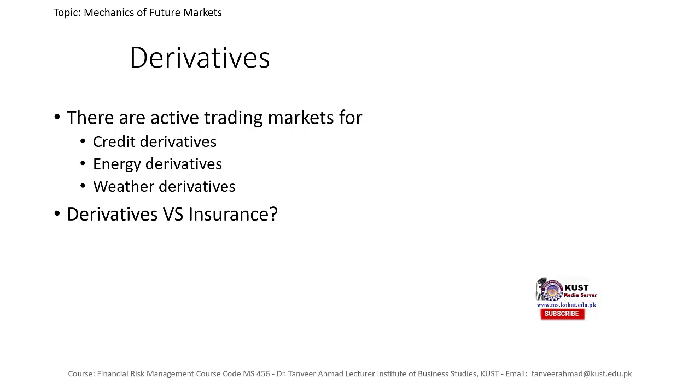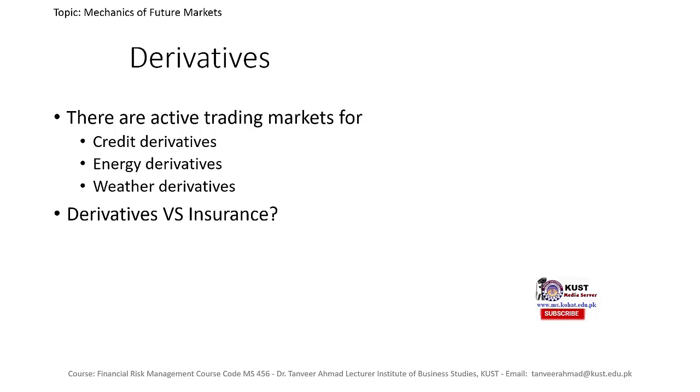So these are events that have a low probability. The chance of occurrence of these events is low. They wouldn't occur frequently. But when they would occur, the loss to the firm would be quite high, right? So insurance is used when the risk is high, but the chance of occurrence of the event is low.